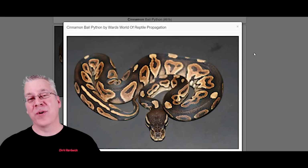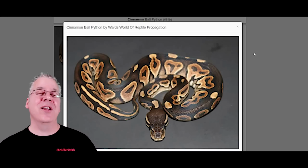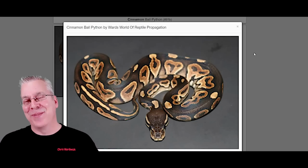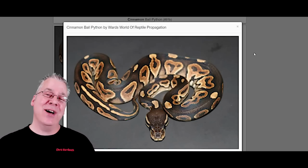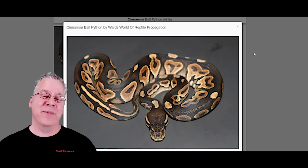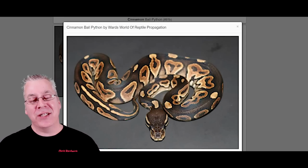But as you get more and more snakes, you have more and more of a color palette, kind of like an artist, and you have all these reds, greens, and blues on your palette. Then you want to add a couple more colors that you can make awesome paint jobs with. So for example, if you wanted to add the cinnamon on top of the champagne, you could actually buy a